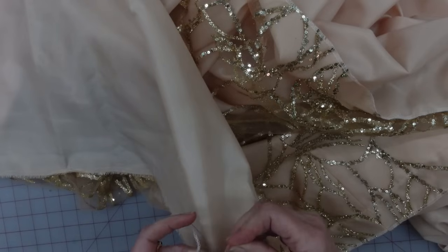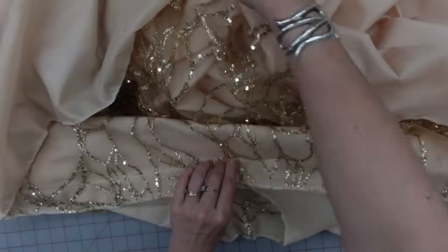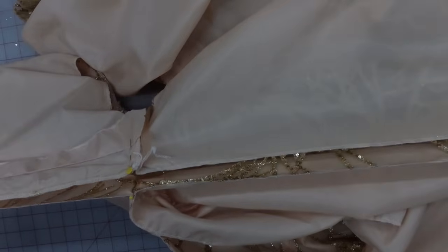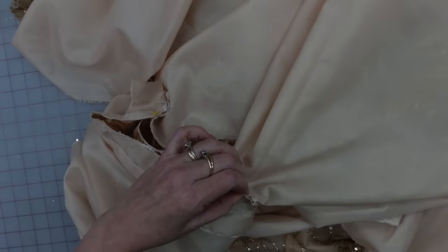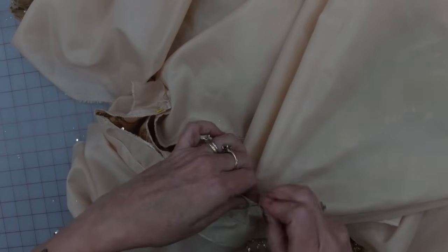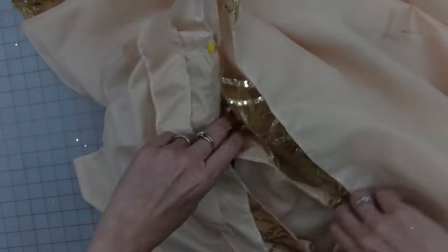Stick a pin here, and so I have this section. I'm going to divide that in half by pulling them out both sides until those two pins are together. Take those 2 points that I was holding, put that together and pin it. Just kind of splitting the difference there. And I'm going to do it one more time. Taking this midpoint here,